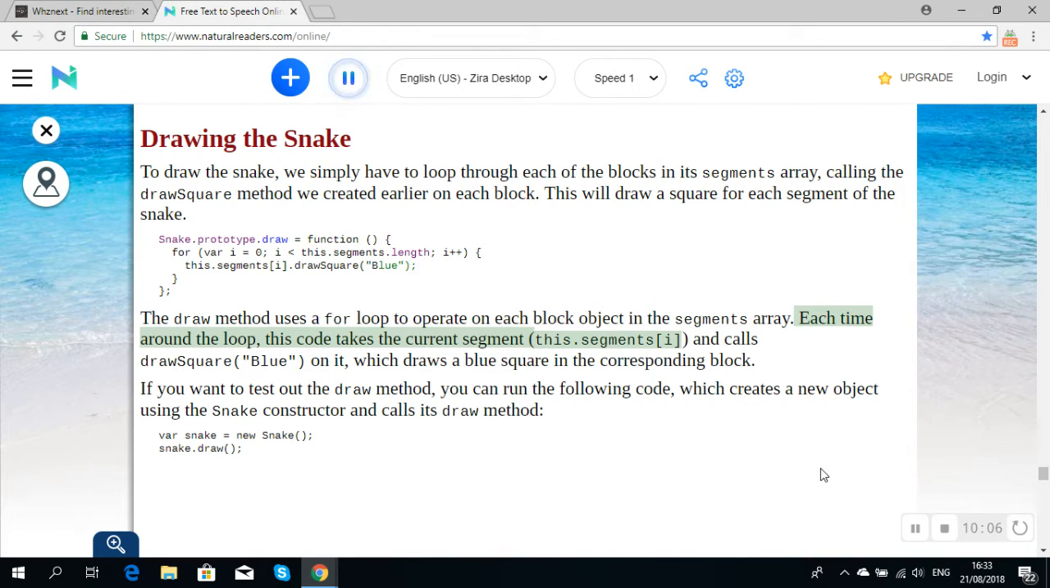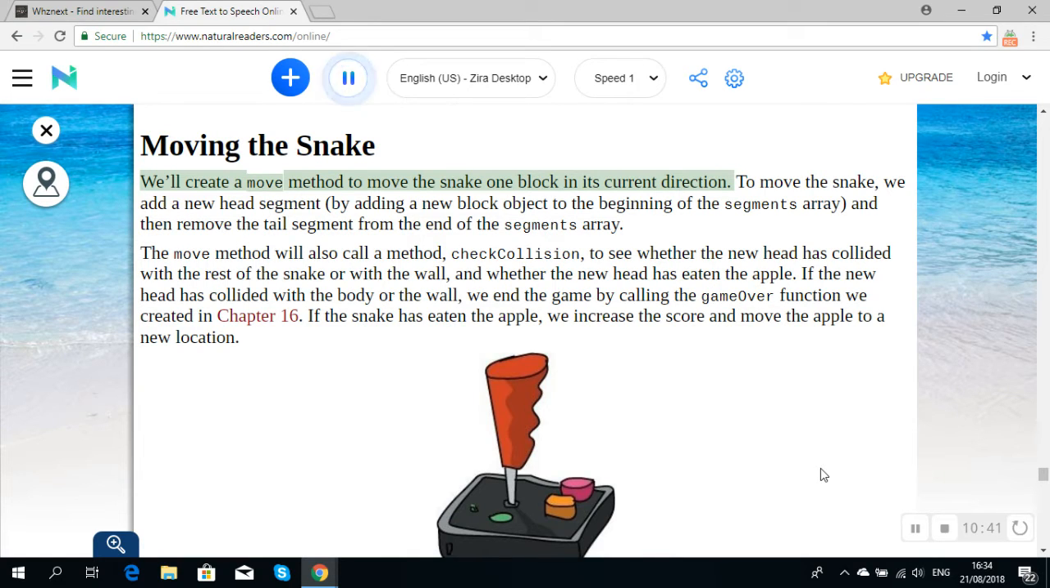The draw method uses a for loop to operate on each Block object in the segments array. Each time around the loop, this code takes the current segment, this.segments[i], and calls drawSquare("Blue") on it, which draws a blue square in the corresponding block. If you want to test out the draw method, you can run the following code, which creates a new object using the Snake constructor and calls its draw method. var snake = new Snake(); snake.draw();